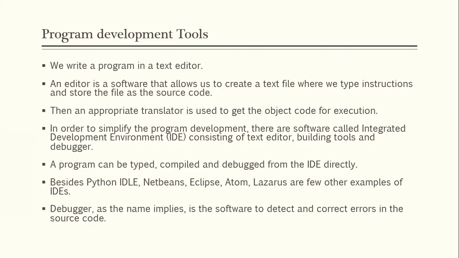A debugger is a tool that will check for mistakes. It will only check for syntactical mistakes. It will not check for logic mistakes. So if you write something like 4 minus 100, it is not going to tell you there's an error. It will not tell you that you have made a logical error, that you cannot say 4 minus 100, you have to say 100 minus 4. But if you have written something like "cat does that", which doesn't make any sense, then it will correct you. If the syntax of the language is incorrect, it will point it out and correct you.